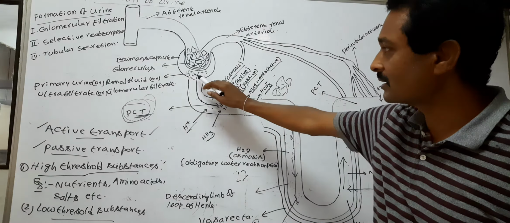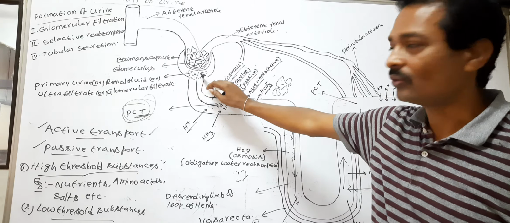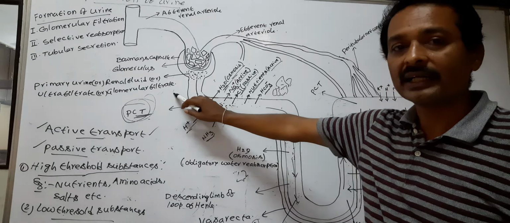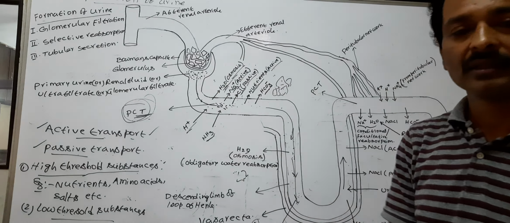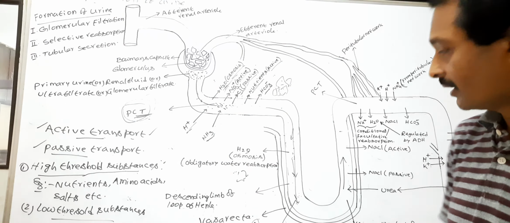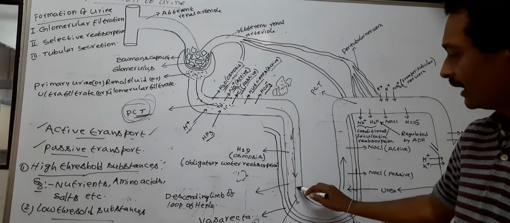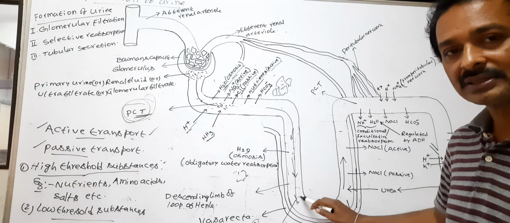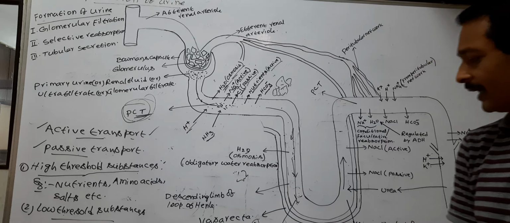So the concentration of primary urine is lower than cortical fluid in the Bowman's capsule. Now the primary urine in the descending limb of loop of Henle is isotonic to medullary